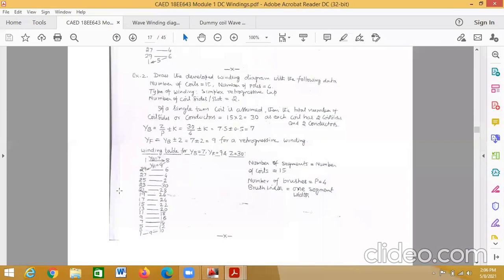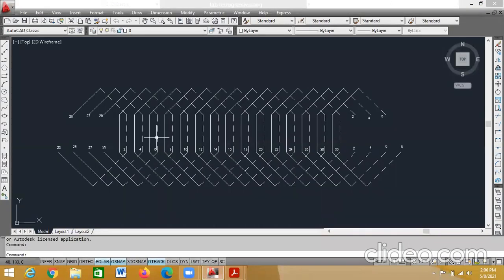By seeing the winding table, we opened the AutoCAD software. In the AutoCAD software, we drew the 30 conductors. Each conductor is of 5 mm height. Distance between the conductors is 1 mm. We made an array, dark conductor and dotted conductor, 5 mm, and we drew a horizontal line of 1 mm.